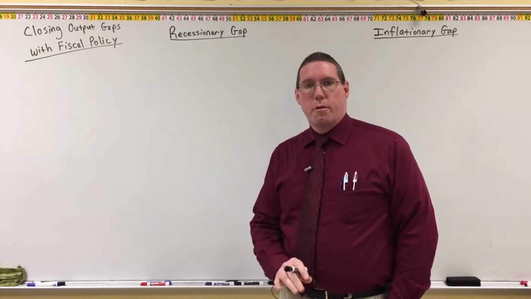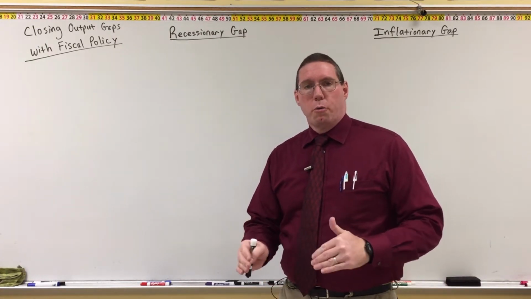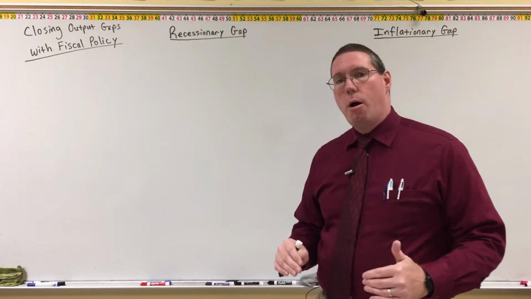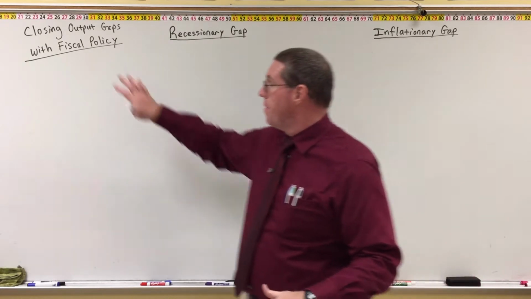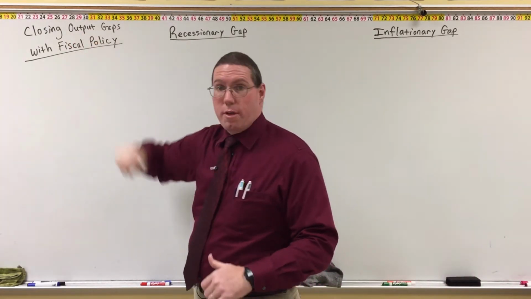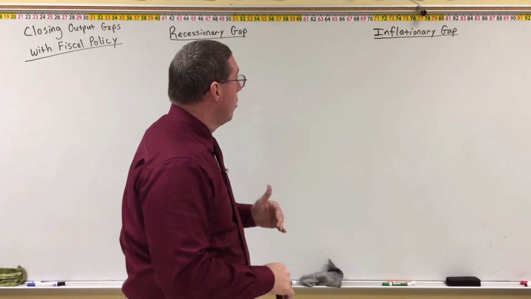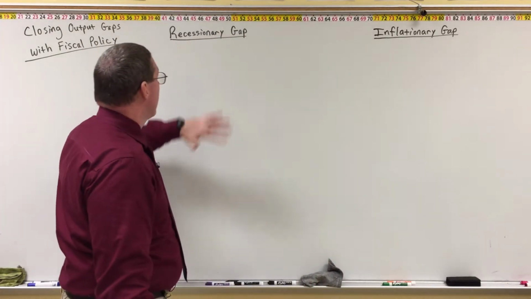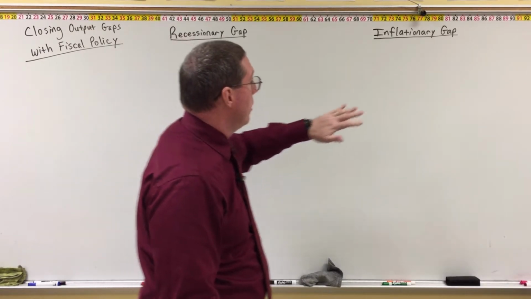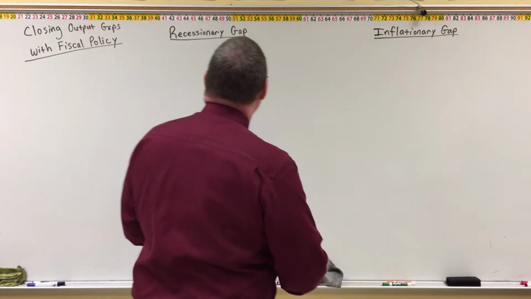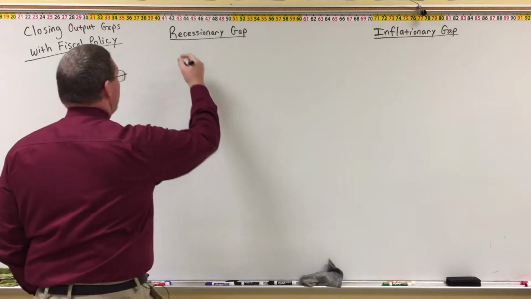All right, so what we're going to do here is walk through and try to understand how Congress uses fiscal policy to close output gaps. What can Congress do through fiscal policy when the economy is in a recessionary gap and when the economy is in an inflationary gap? So I'm going to draw an aggregate market graph